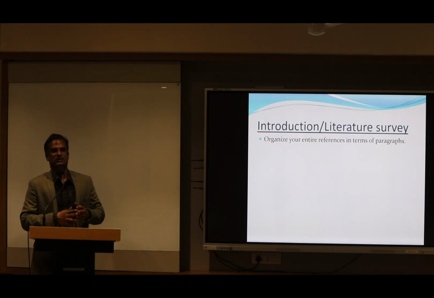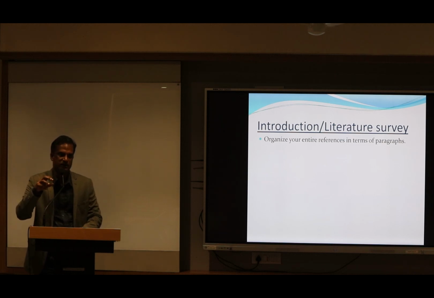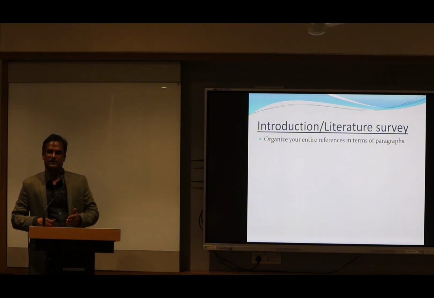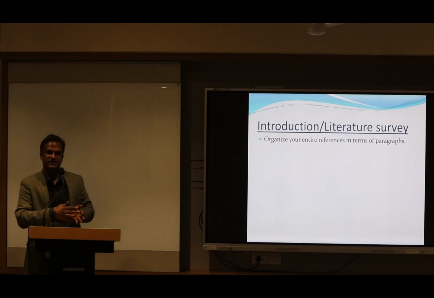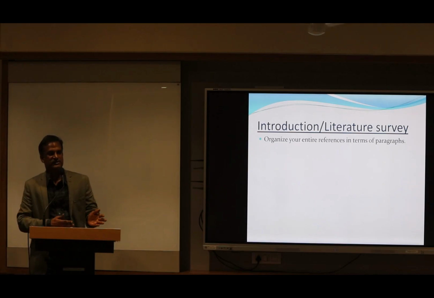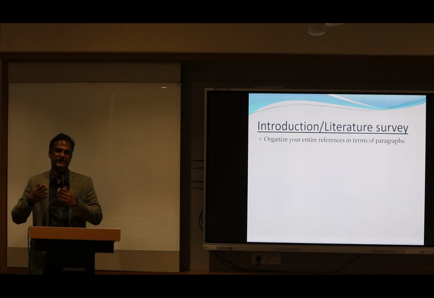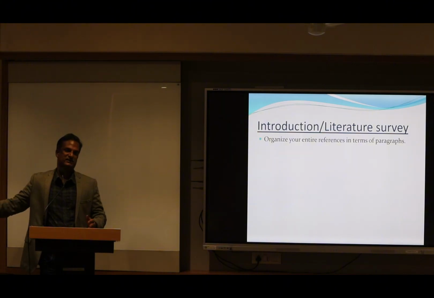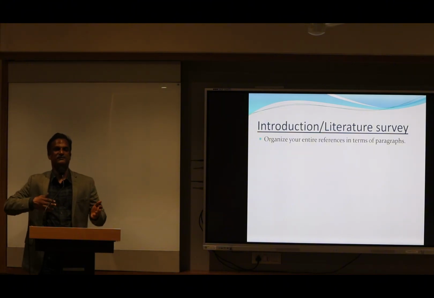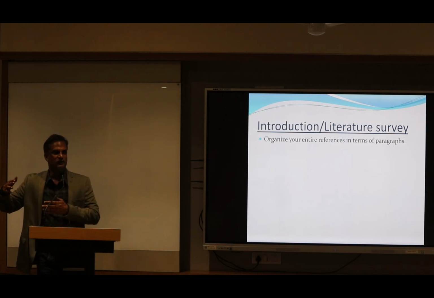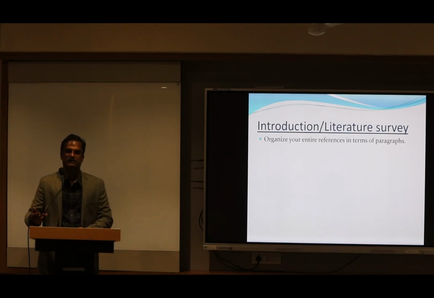If you talk about neural networks, in a paragraph, all the 5 papers should belong to only neural networks. Order them in an ascending way. That means the oldest one first and the recent one next. After neural networks, we had deep learning. So the 4th paragraph can be deep learning. In deep learning, you can have CNN, 5 papers. After that, we had transfer learning. Then you can have another 5 papers. Then we had quantum machine learning. You can have another. Likewise, when you have a flow, when somebody reads your article, they will get a